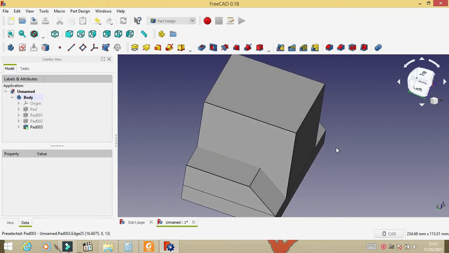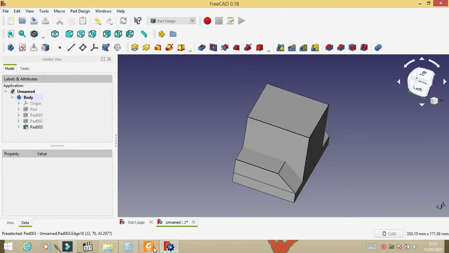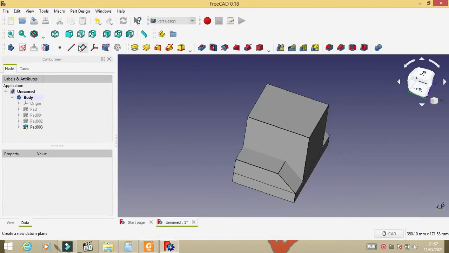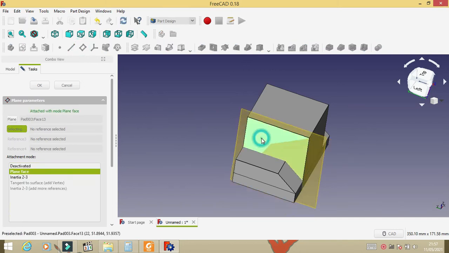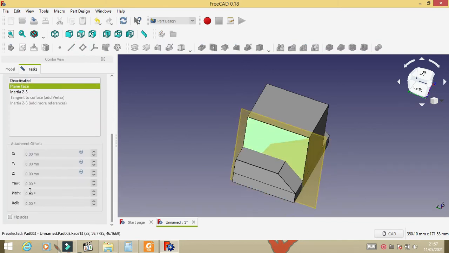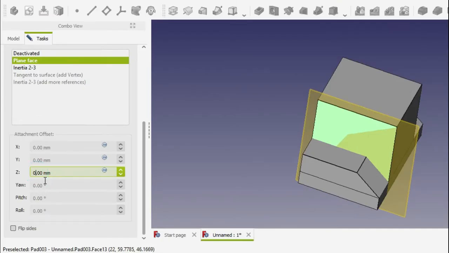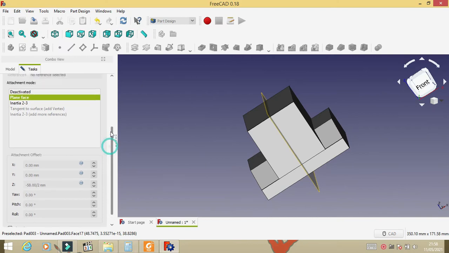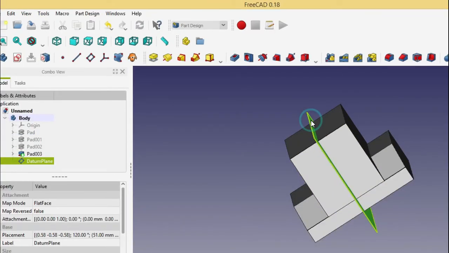And there is the visual. We should make a... we click the datum plane and enter the dimensioning to make a center point.